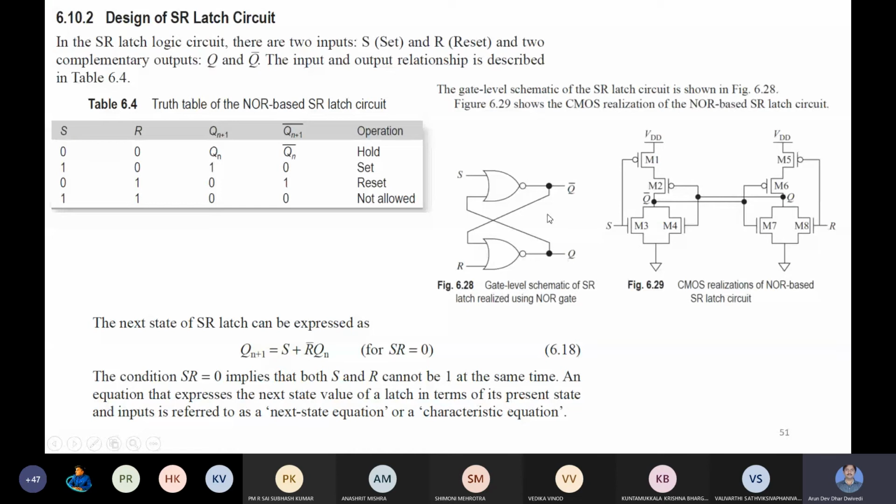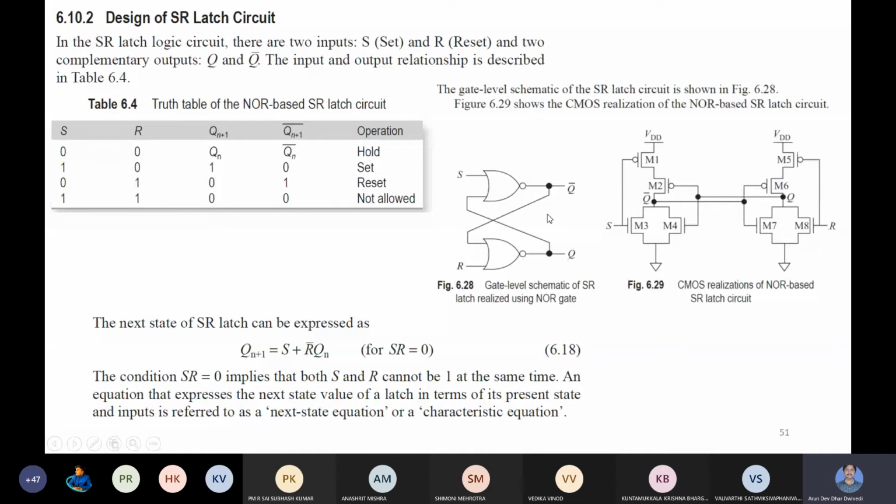We are assuming that this output is Q and this output is Q bar, because in this logic gate we can see that if you are giving S input to the NOR gate, it is giving Q bar as output, and for the NOR gate to which you are giving R, it is giving Q. So this is why we are considering this as Q bar, because S is given to this one. So whatever the output of this NOR gate is, that is Q bar, and for this second NOR gate we are